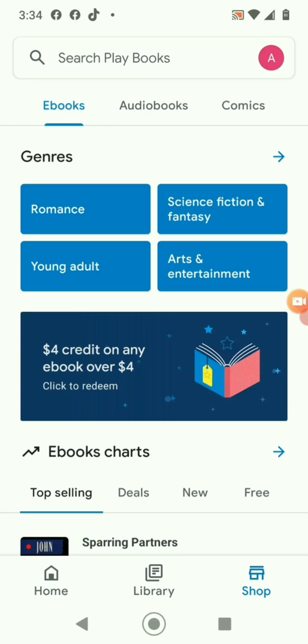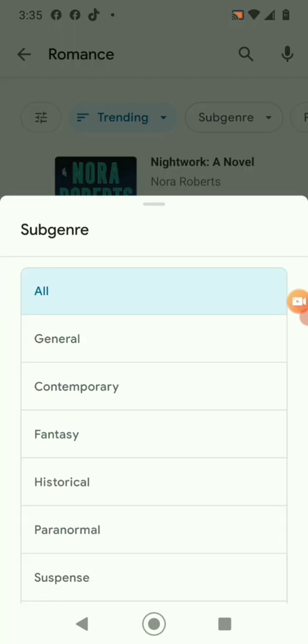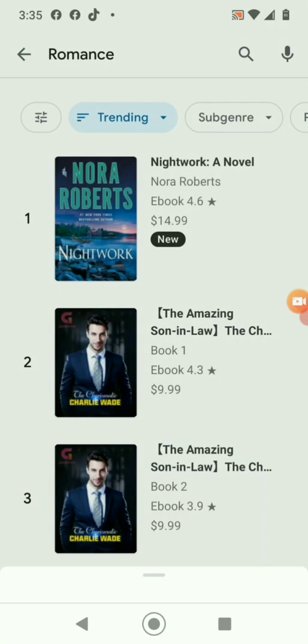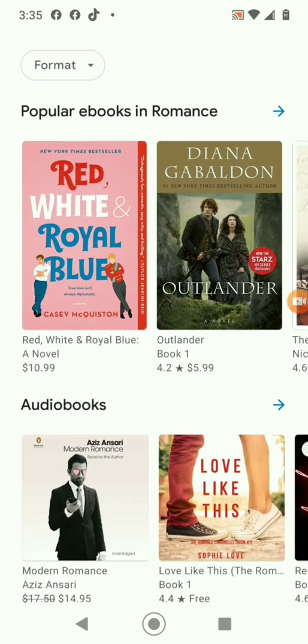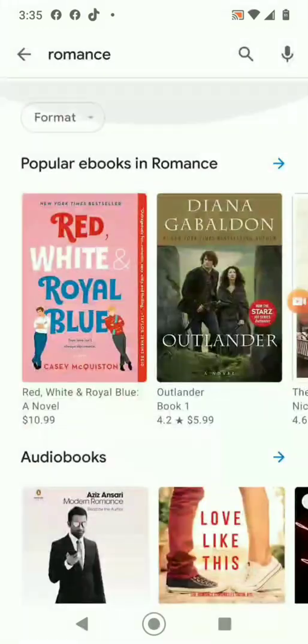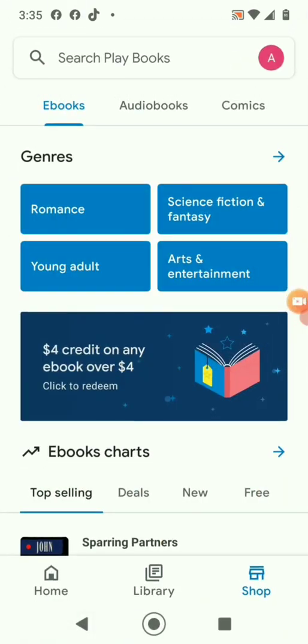So if you're using the navigation buttons, either this romance button here or the shop button at the bottom, which I'm at, romance will offer you only 8 subcategories. But if you go back and you search romance, it will take you to 32 different options. And as you can see, it kind of favors the idea of searching